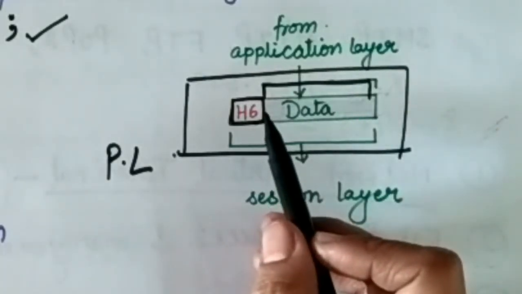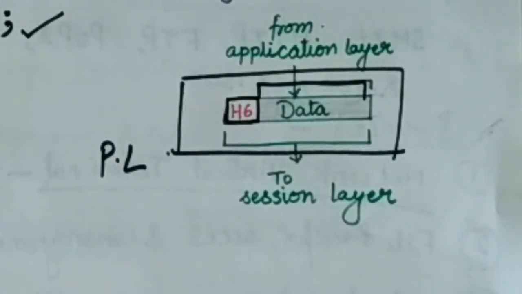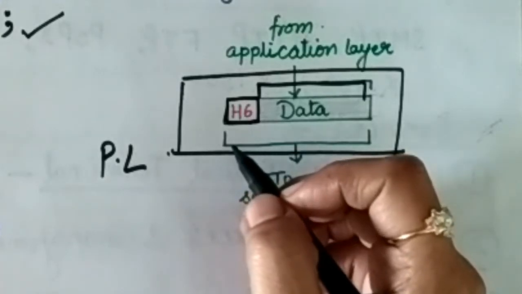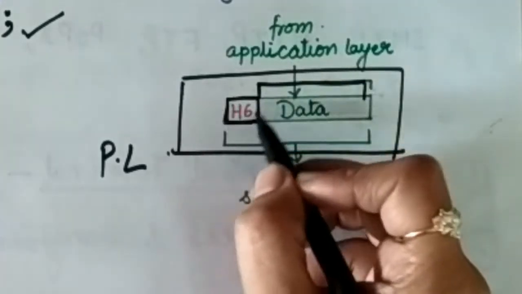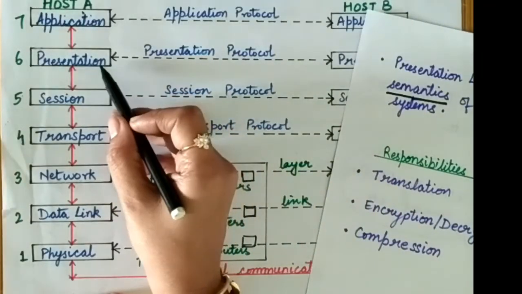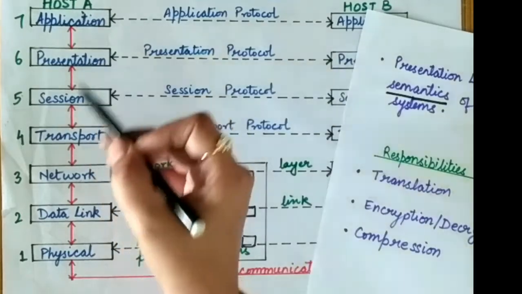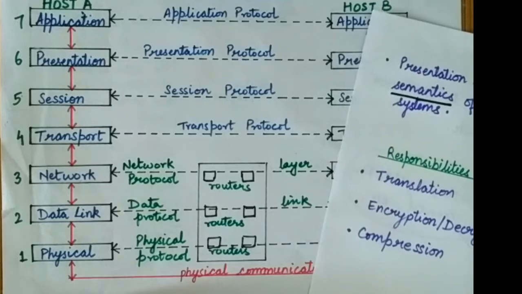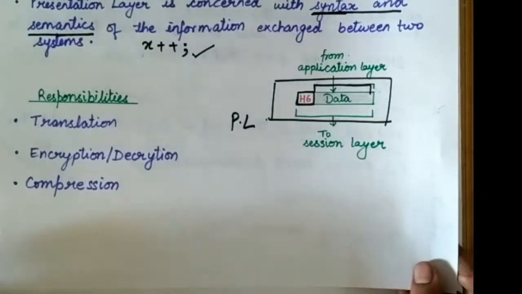So headers and trailers include information like error detection, source and destination address, synchronization points, etc. So the control information is added in the header part. And this header is added at each layer of the OSI model. There are various layers; a header will be added at the presentation layer, session layer, transport layer, network layer. All the layers will add their headers to add some control information.